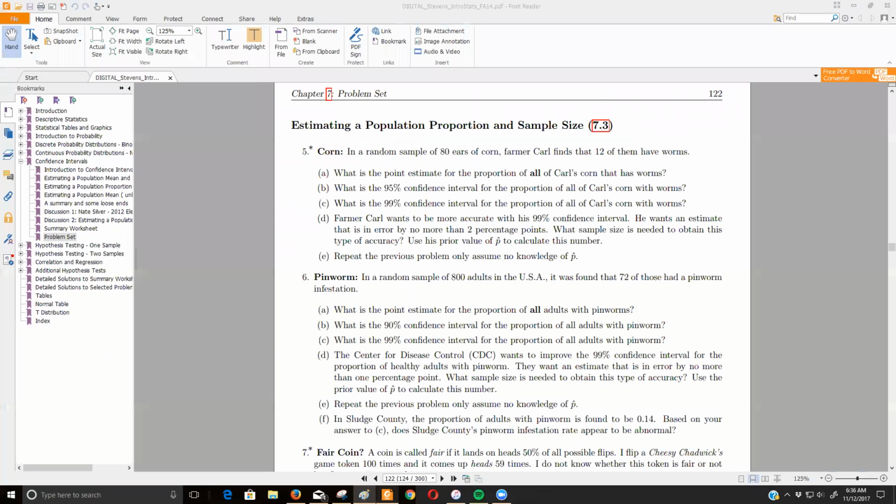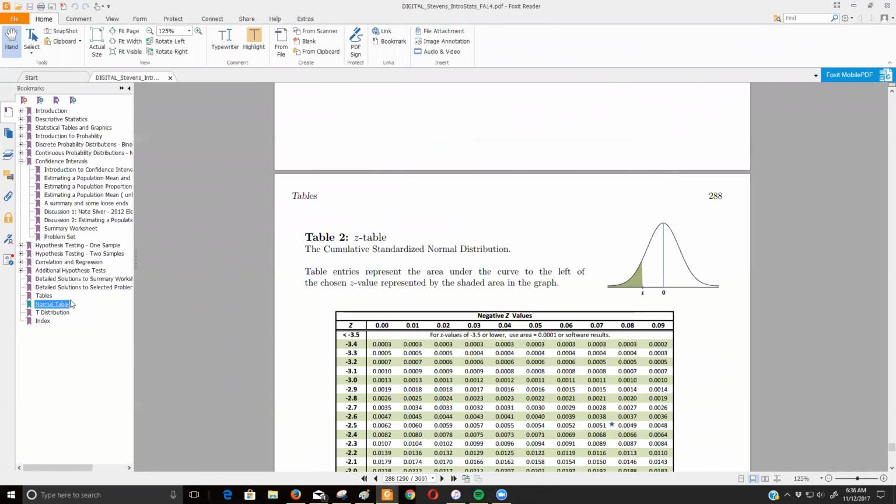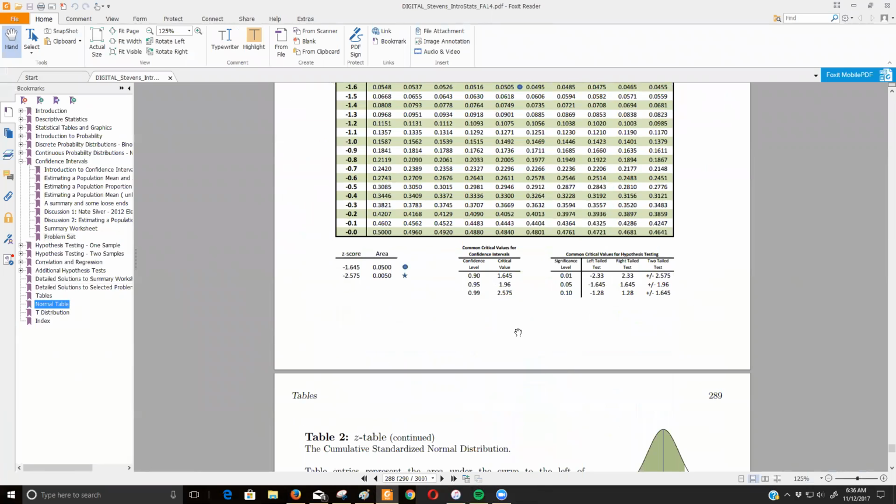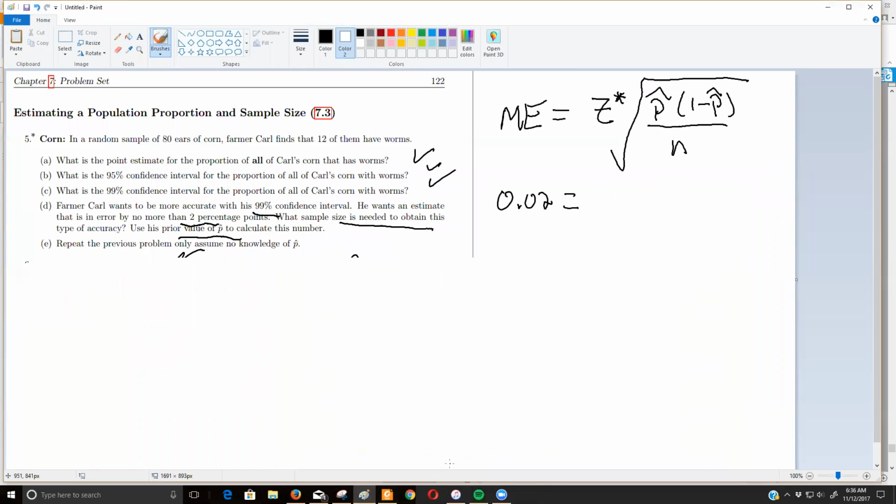We want a 99% confidence interval. If we look at that normal curve table and those critical values that Dr. Stevens gives us, the z-score, the critical value for a 99% confidence interval is 2.575. So I come back to my formula: 2.575 multiplied by the square root. Now we're going to use our 0.15 estimate as a guess. So 1 minus 0.15 is 0.85